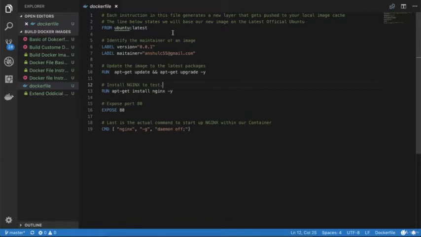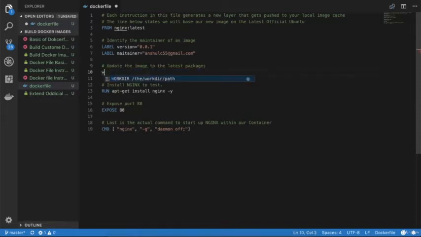To extend the official Nginx image, first I need to modify my FROM. In my FROM, I need to take nginx:latest. Why am I taking the latest? Because every time I build my image, it will get the latest Nginx image from Docker Hub. Let's leave the version and label as they are. We are not going to change anything. We don't need any RUN command, right? Because we are not going to execute something.